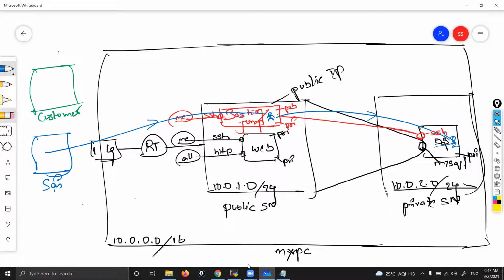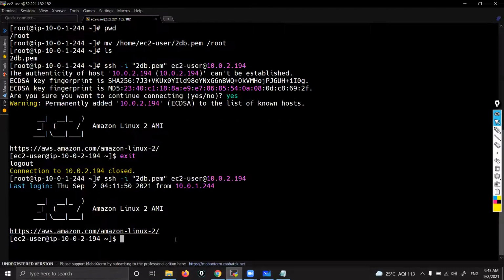But the problem is, I found that the database package which is available here is outdated. Sudo su minus, whatever database package is there is outdated. I want to reinstall the database package. Okay, how to install? Yum install